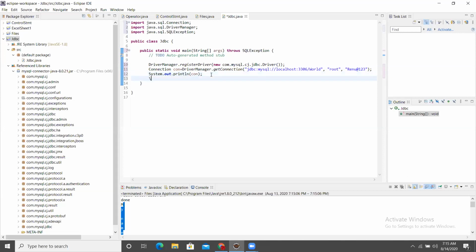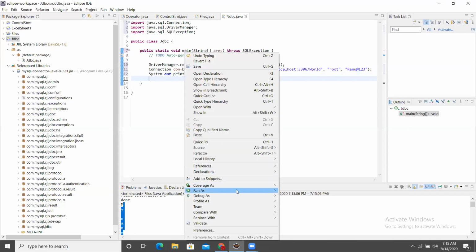We are just trying to see what object is held by con. First step, we register the driver and get the connection by providing the URL, username and password. Now run it.